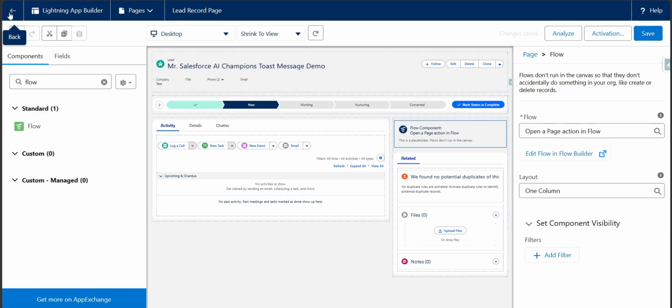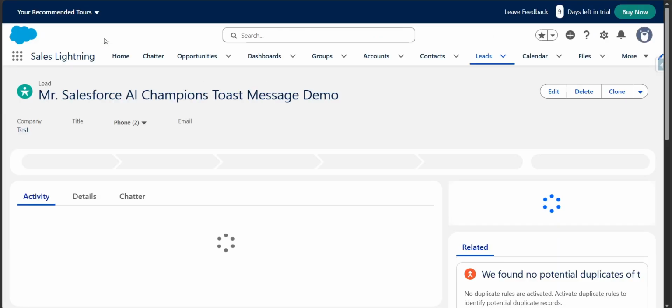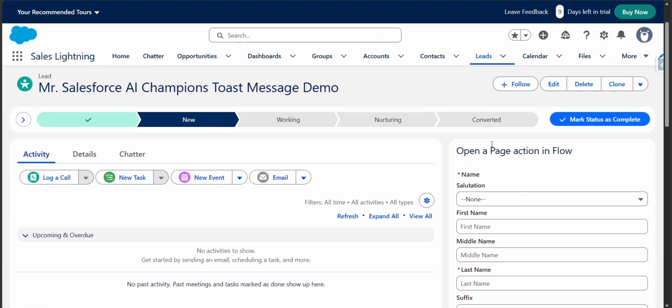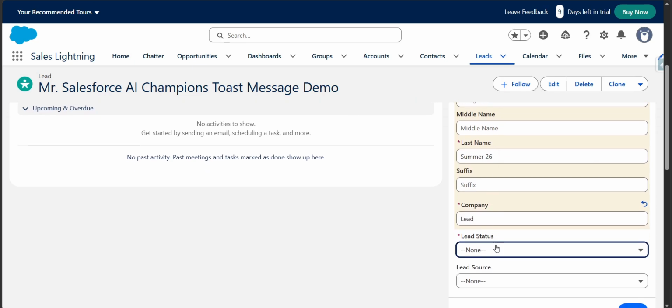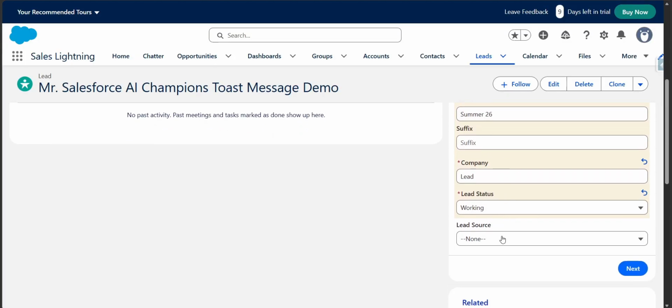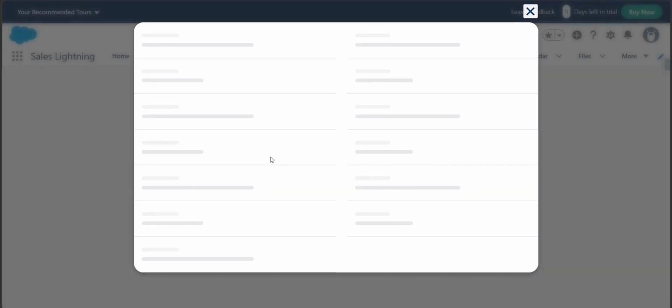So we just need to go back to the record page. I'll create a new lead record, for example, Mr. Navigation, for example, summer 26, company lead, lead status working, and lead source partner. Let me click on next, and on clicking next we should be navigated to the new record